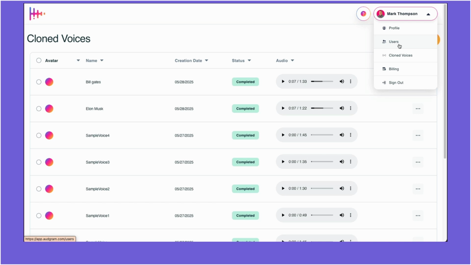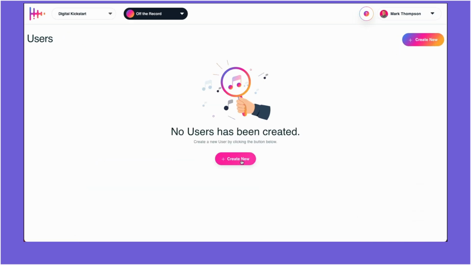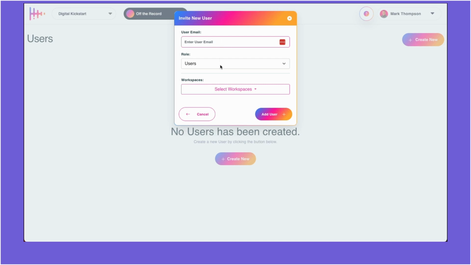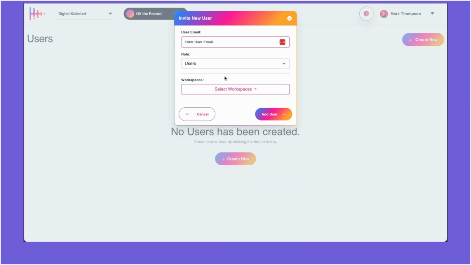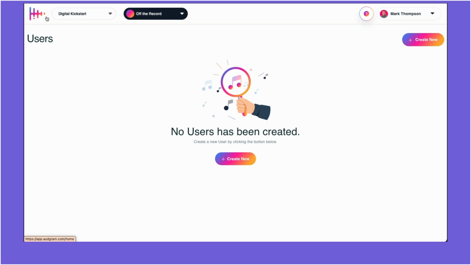Now, the other thing I wanted to mention is we do allow you to add users. If I wanted to, I could create a new user and enter their email address, give them a role if I want them just to be a normal user or have full control, and then select which workspaces they should have access to. So if you have virtual assistants or clients and you want to give them access to one of these workspaces, you're able to do that. It'll send them an email invite, and they'll be able to access the different audiograms or projects within your workspace. Now I'm going to go back to the dashboard